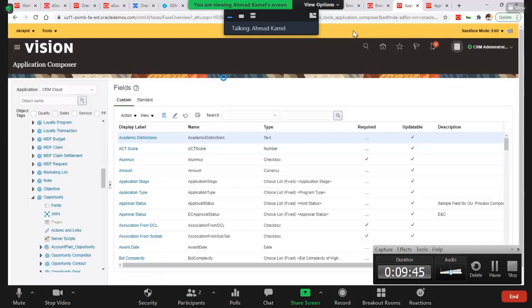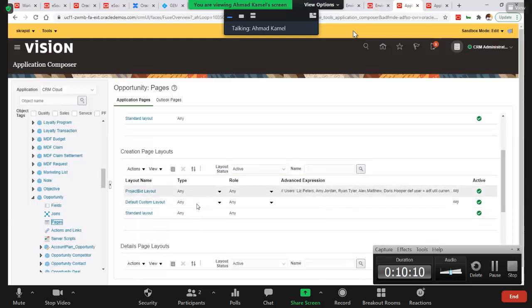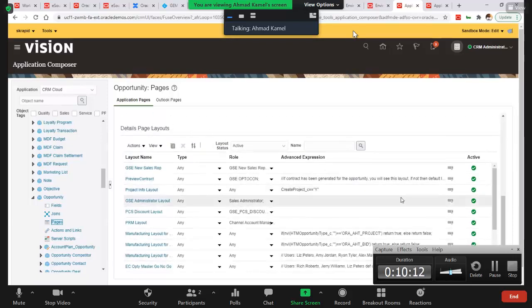And even for the different pages, there could be pages for specific roles. So for example, I want a sales admin to see a different view than the sales rep. So these are all different. You can create different versions of the same page, and you can define that. But let's say for your use case, you just want to add it in the details page. Okay. So this is probably the one that you need to update. You select that,